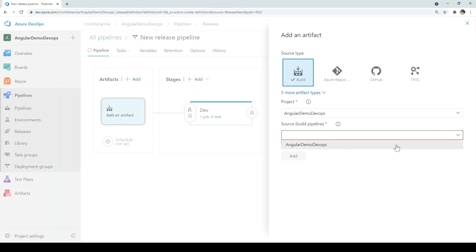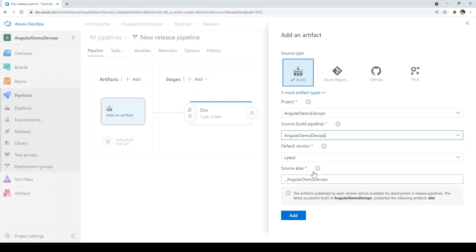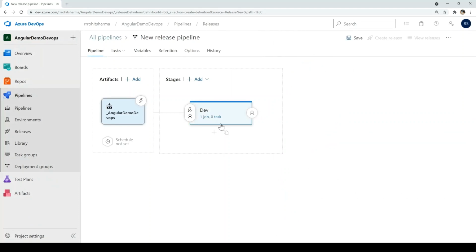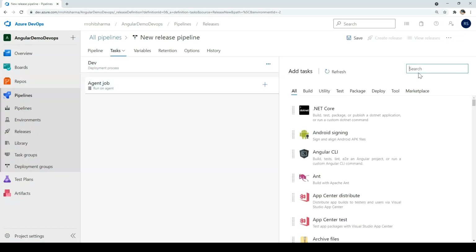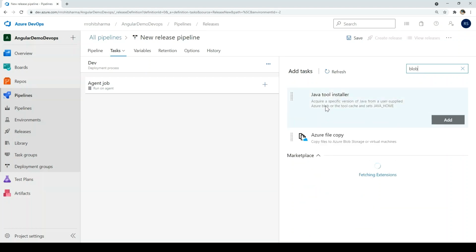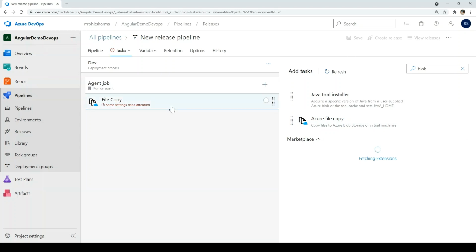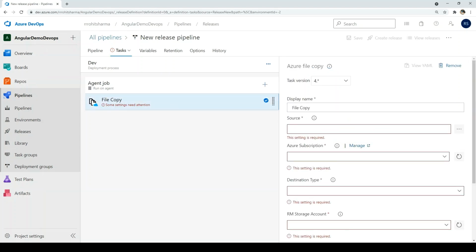For the source, just select the project and everything should be default. Click on add. Click on one job, zero task. Now here we have to add the task. To add the task, click on this plus icon and you search for the blob, and it will give you these two. Select the Azure file copy. Click add here. Now you need to fill some information.